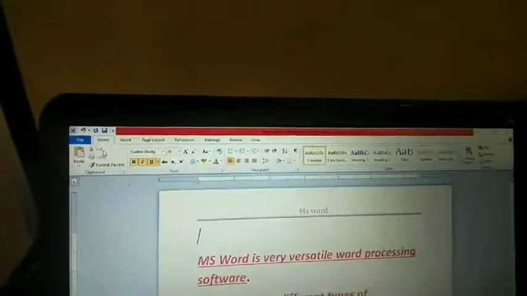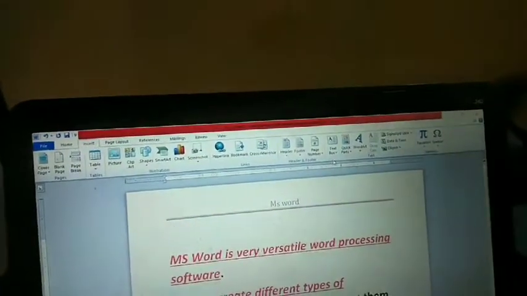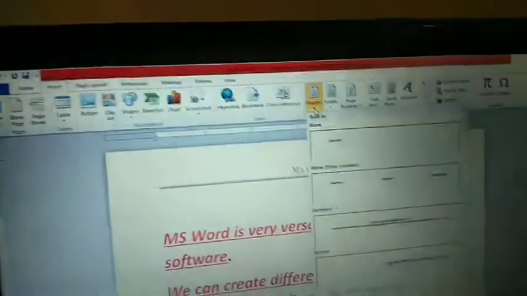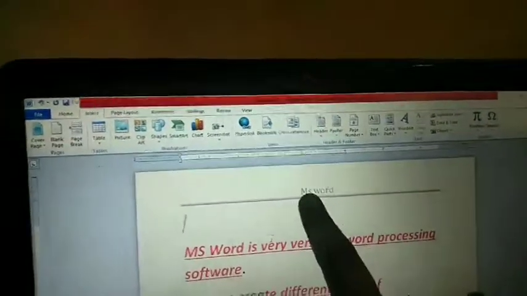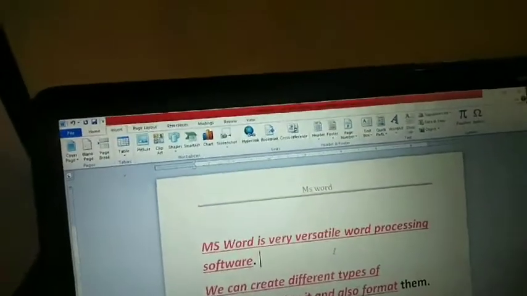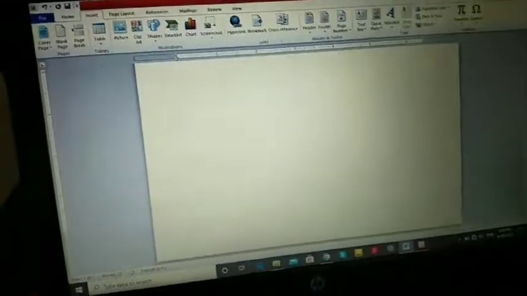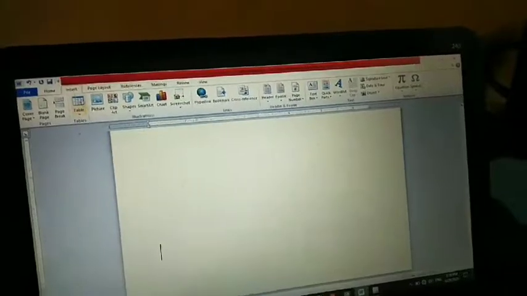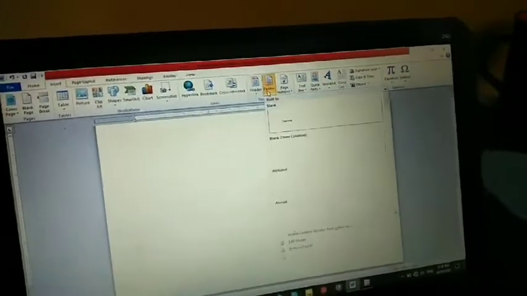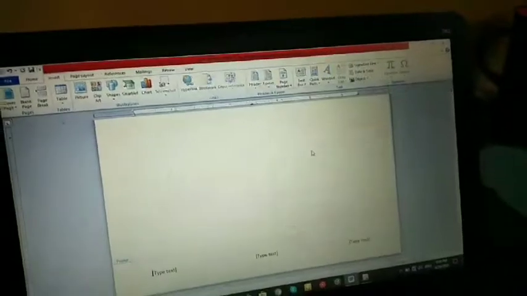So you go to the Insert option, and here I go to Header. Select accordingly which one you want. According to your selection, the header will be inserted here. Okay. So now we will see the footer. Footer means bottom of the page. You can see the page is going to end here. So here I am going to click Insert. You see the arrow symbol, all of you. Insert and Footer option. Just click anything you like.